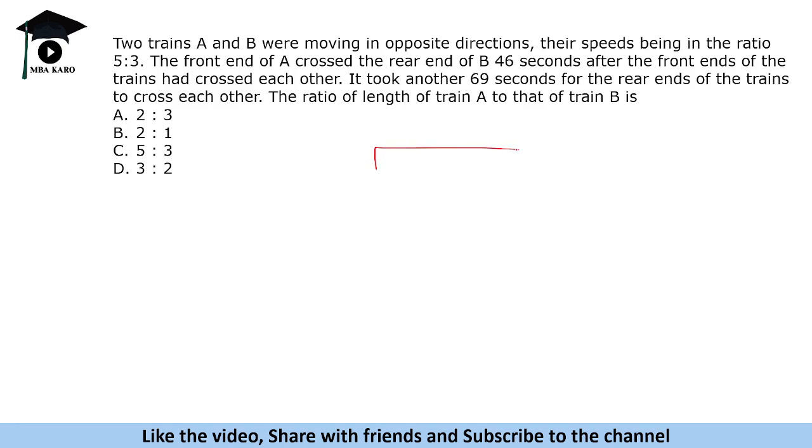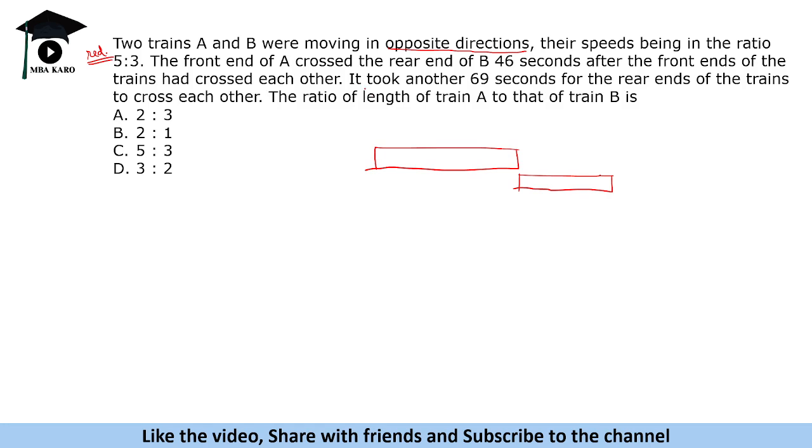So let us say these are the two trains. Okay, they are passing each other. Now, see, if they're going in opposite directions, the relative speed will be the sum of these two speeds. So it does not matter whatever is the ratio of the speeds, this is redundant information. The reason being, since they are going in opposite directions, the relative speed will come into picture. So if it is 5:3, 2:1, 4:3, anything, it does not matter, right? So what matters is